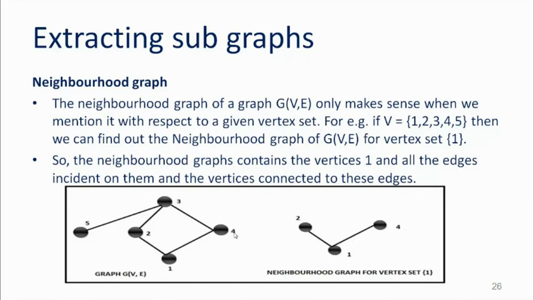What is the child of 4? 3. You push it into the stack. What is on top of the stack? 3 is there. Now 4 is already visited, so you remove 4 from the stack. So 3. What is the child of 3? 5. You push it in the stack. What is on top of the stack? 5. So 3 is over, 5 is over. What is left over?